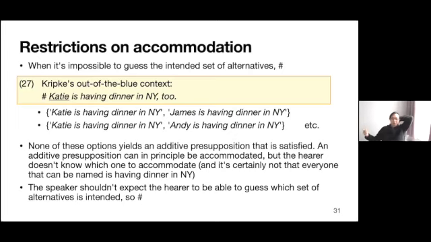So first of all, contextually, there's no salient expression. And this is a very simple expression. So all you can do is basically replace this with a lexical item, something like another proper name. Then you're going to have things like Katie's having dinner in New York, plus James is having dinner in New York, or maybe Andy's having dinner in New York, or maybe both of these and so on. But so you have many potential candidate sets of alternatives, but they all give rise to